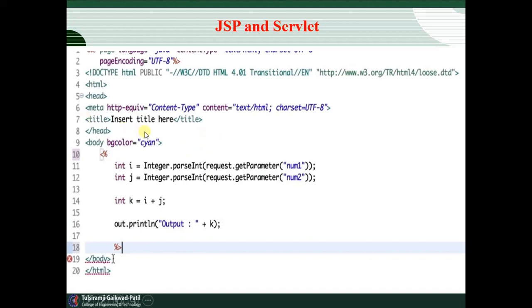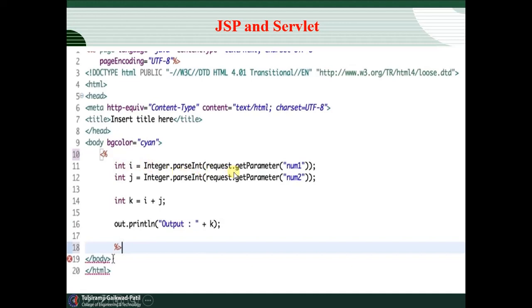When we use JSP, the tags are written in HTML form: html, head, title, insert the title here, head section close, body bgcolor equals cyan. Now we use the declarations of JSP, in this way, where we declare int and Integer.parseInt with request.